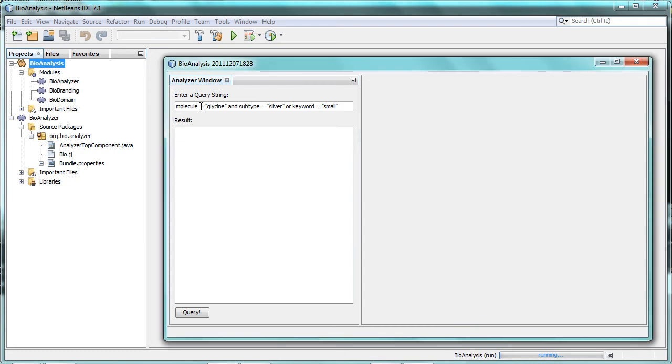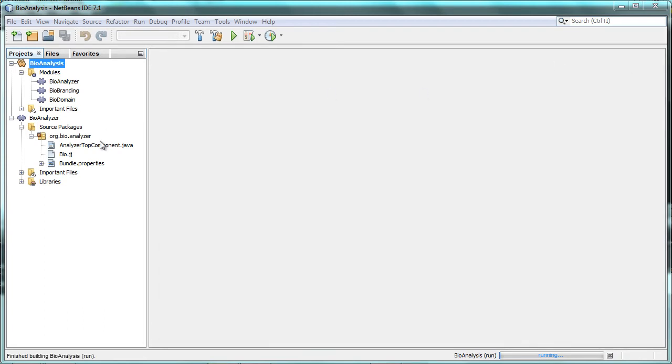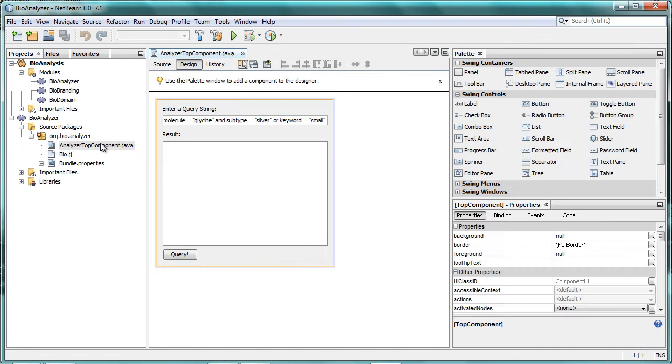Let's say that part of your application involves querying a database. You've defined a specific language for doing so. Wouldn't it be nice if each part of your language had its own syntax color? What we're going to do in the screencast is create syntax coloring for our domain-specific language for querying a biology-related